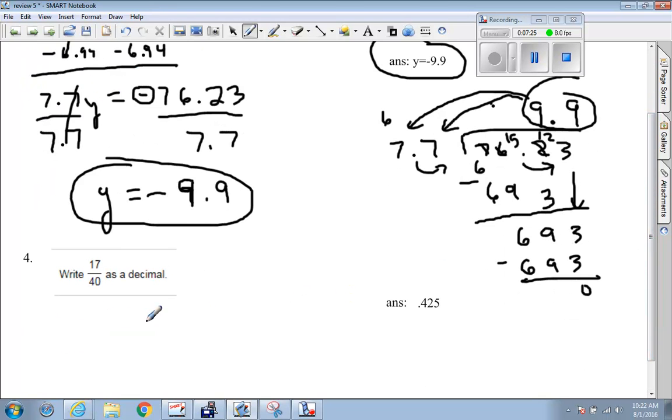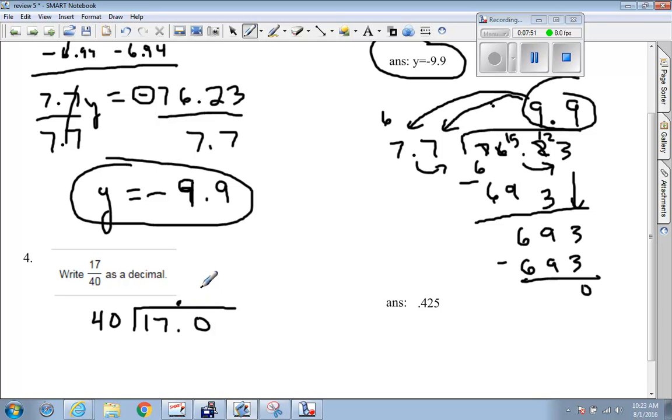Now we have to write this fraction as a decimal. So we're going to take 40. Remember, take the bottom into the top, denominator into the numerator. So we're going to take 40 into 17. Write it as 17.0. 40 doesn't go into 17. Line up the decimal. But it does go into 170. And there's where you do some guesstimation. You say, well,